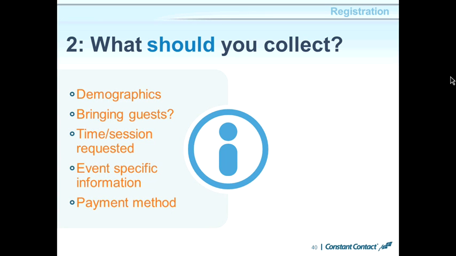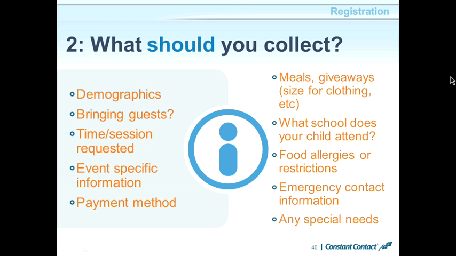So with this idea in mind, here are a few other things you might want to ask. You might want to ask about meal and giveaway information. Maybe you have a lot of vegetarians. Maybe you need special sizes. Asking about some things that may seem unrelated actually could help a lot. If you run a summer camp and you want to know what school the child attended, that could help you put kids into groups of others they may know. Again, the key takeaway here is to make sure you're asking for information that's